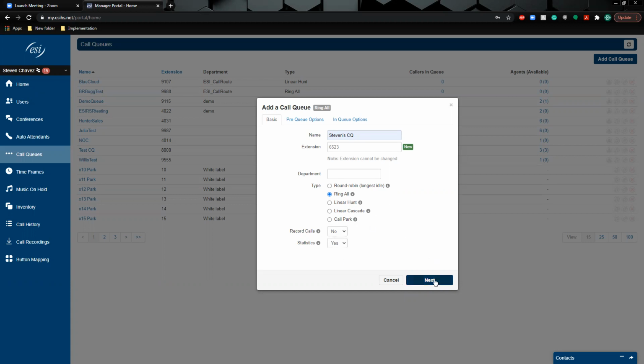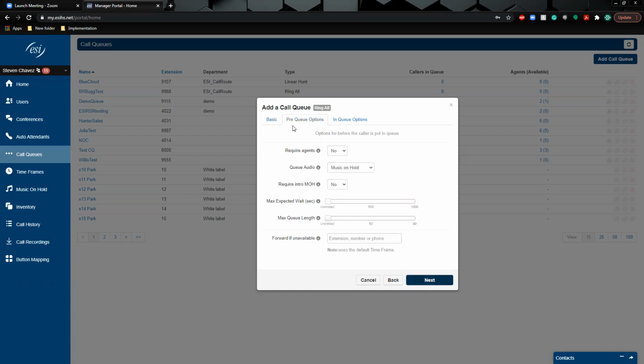So once you've done this, we're going to go to the next page. And these are your pre-queue options, the options before the caller is in the actual queue. Usually the only thing you're really going to edit in here is the music on hold and the forward if unavailable. If you have any questions over any of these features, which honestly we recommend not using, but you can if you'd like, just hover over the information button and it will tell you exactly what each one of